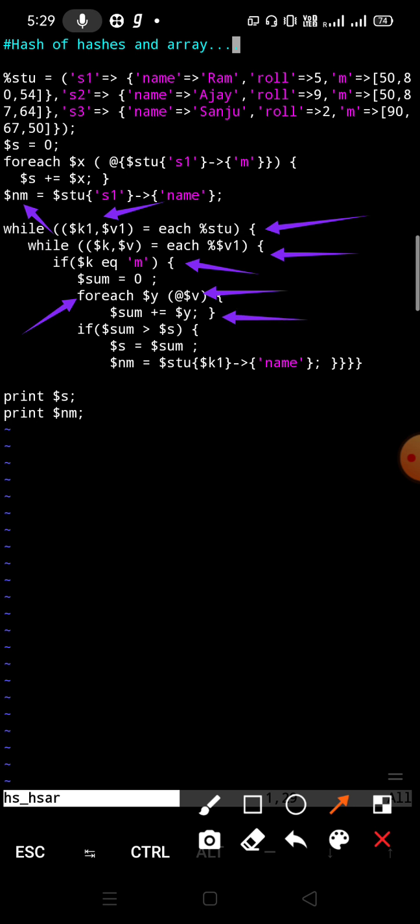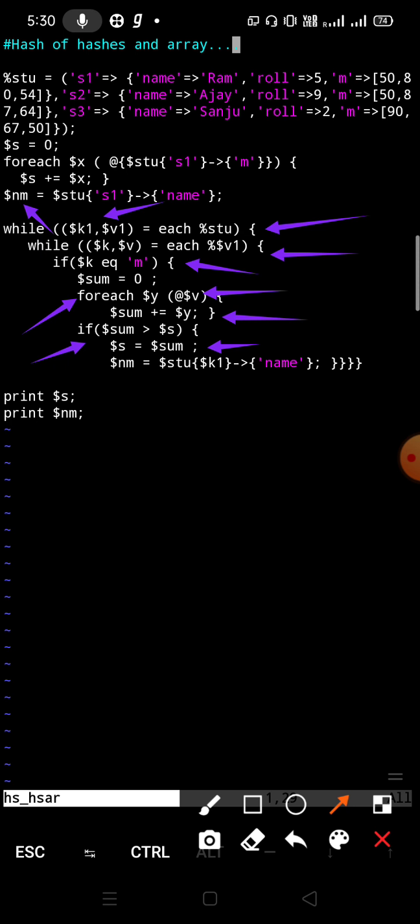We will take the sum of the marks and then we will compare. If the sum is greater than $s, and $s contains the sum of marks of the first student, then we will store $sum inside $s.